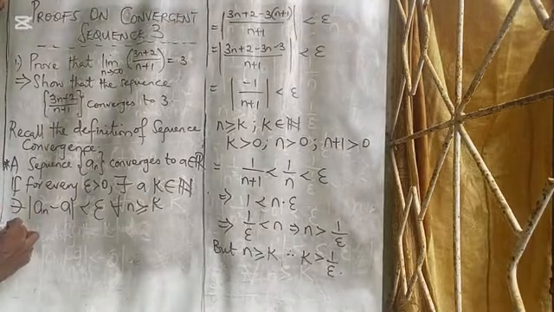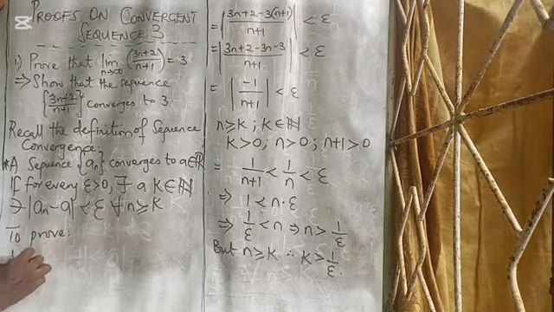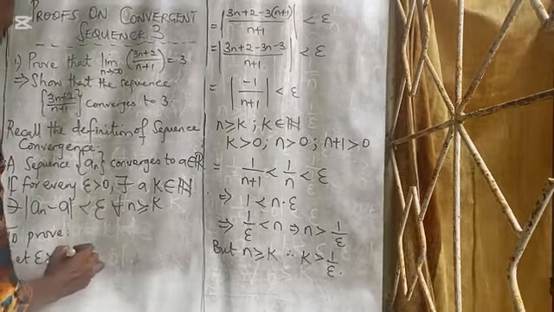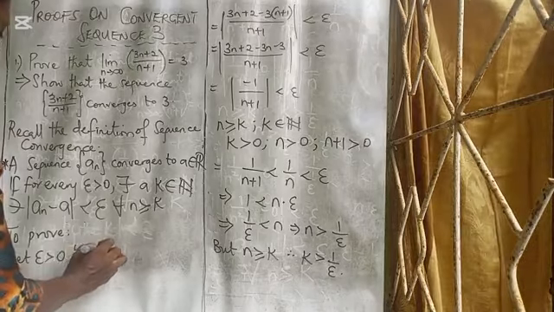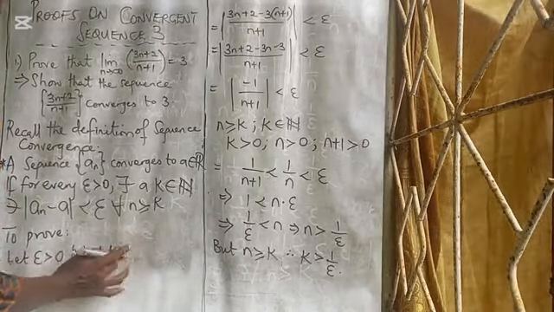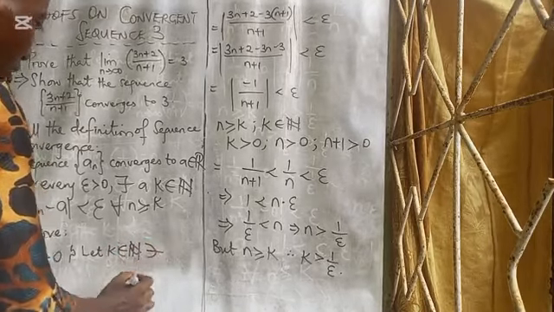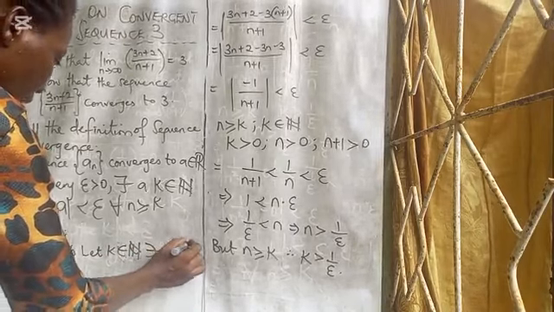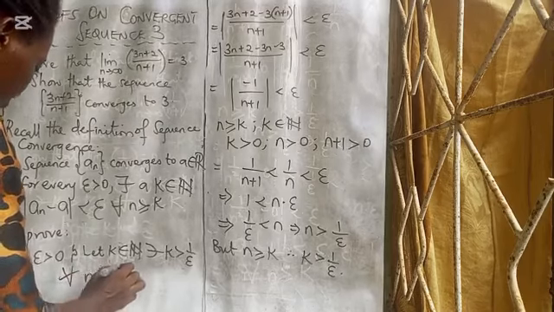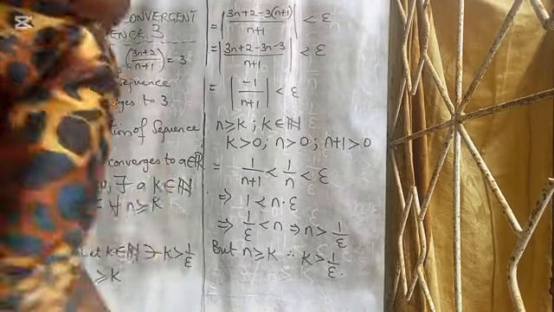To prove, we begin by saying let epsilon be greater than 0, and let our k, an element of the set of natural numbers, be such that k is greater than 1 over epsilon for all n greater than or equal to k. If that is the case, we want to show